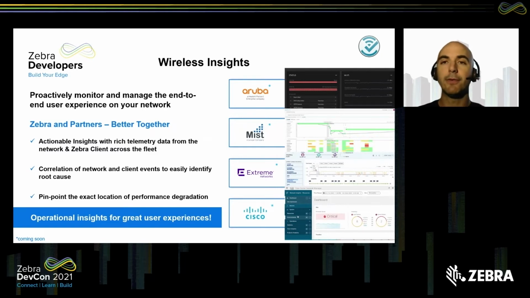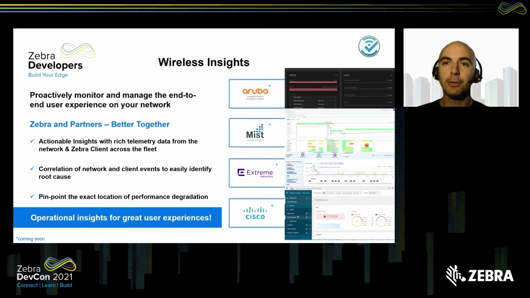And when we looked at our AP vendors, we saw that they had a really good troubleshooting experience that was from the network down to the device. But they had a gap from the device back to the network. So it wasn't a holistic view of the wireless experience. And so we created this Wireless Insights, which is an API-driven solution that allows these vendors and other ISVs to be able to get access to these wireless insights directly from the device and feed them back into a unified dashboard. And thus, when you look at folks like Aruba, Mist, Extreme, and Cisco, inside of their existing network performance